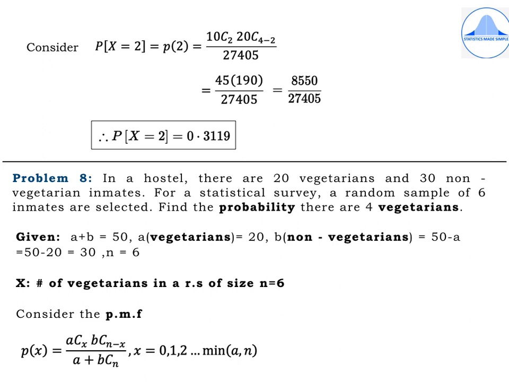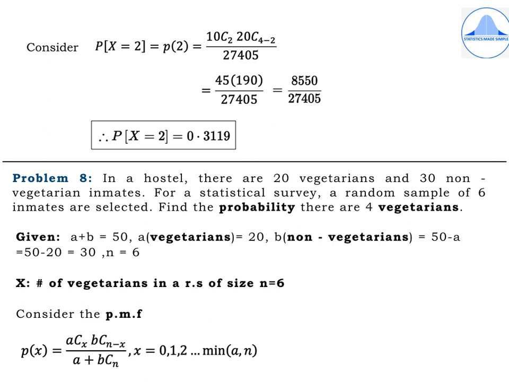So you'll get 10C2, 20C4 minus 2 divided by 27,405, which is equal to 45 into 190 divided by 27,405, which is equal to 8,550 divided by 27,405. Therefore, probability of capital X equal to 2 is equal to